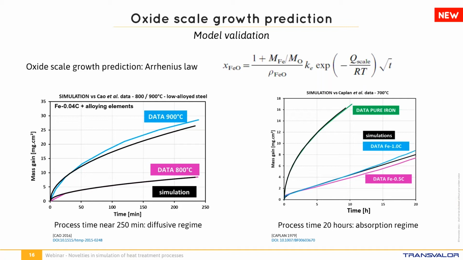Oxidation kinetics at different temperatures show that a fast oxidation period is always followed by a slow oxidation period. At the right side, the model has been validated for a long heating time, around 20 hours. Here we can check that the oxidation kinetic model has a parabolic equation based on the diffusion mechanisms, and after several hours, it becomes linear. The simulation presents a good agreement with data reported from literature.